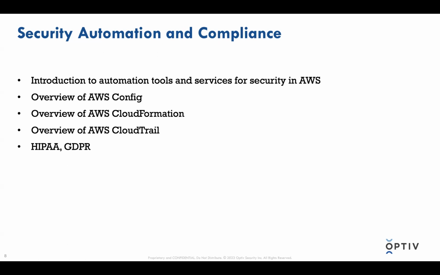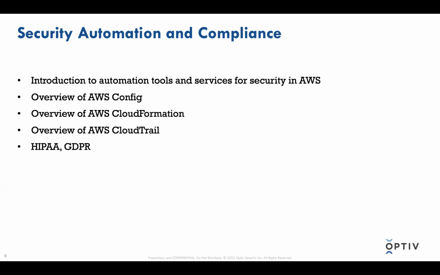Another service is AWS CloudFormation. With AWS CloudFormation, you can define and provision your AWS infrastructure resources in a declarative manner using templates. By automating the deployment of resources, CloudFormation ensures consistency and eliminates manual configuration errors. This not only saves time but also enhances the security by enabling you to provision infrastructure in a secure and